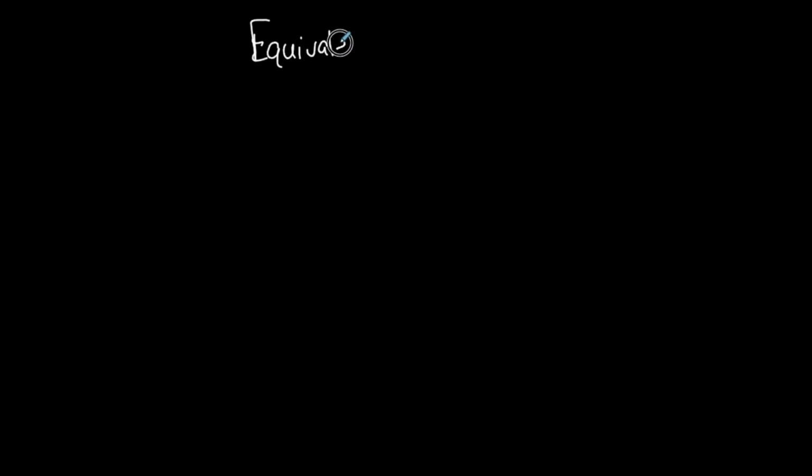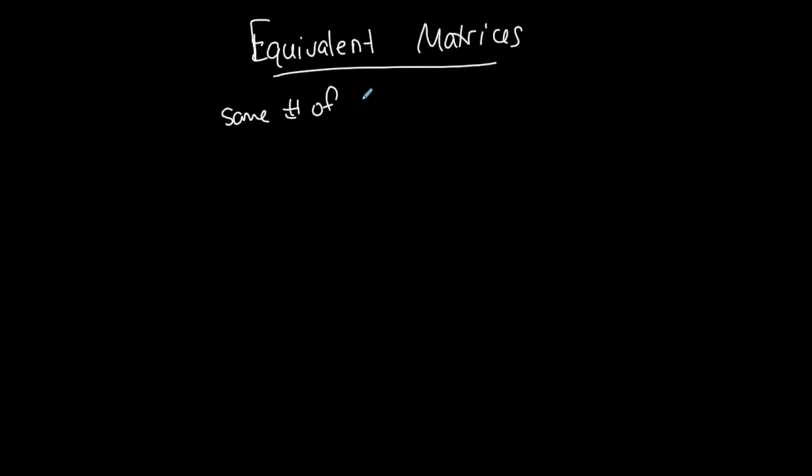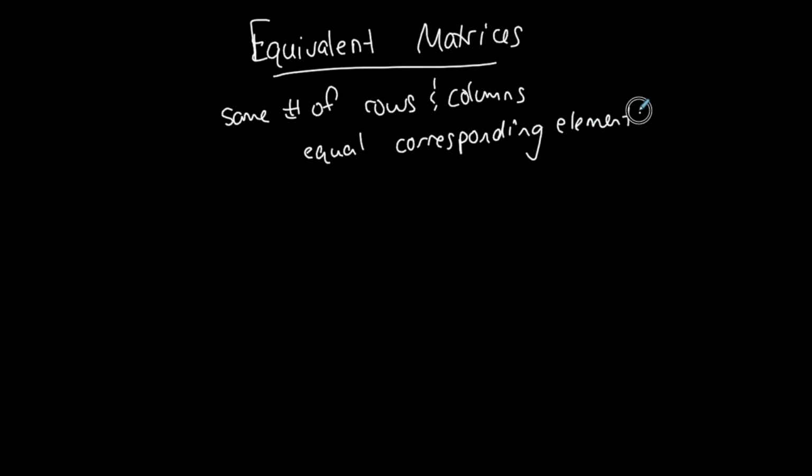Equivalent matrices. This is pretty basic common knowledge, but logical knowledge. Equal matrices have the same number of rows and columns and equal elements, equal corresponding elements. That would make sense because otherwise they would not be equivalent matrices. Equal corresponding elements. So for example, 2, 7, 8, 1, 9, 4 is supposedly equal to x, y, z, 1,